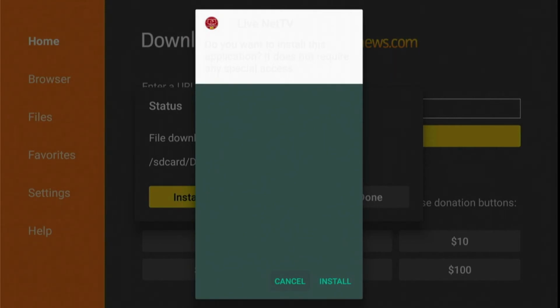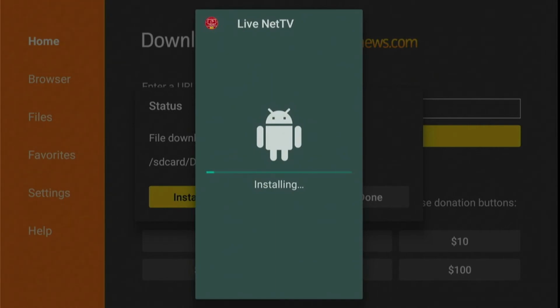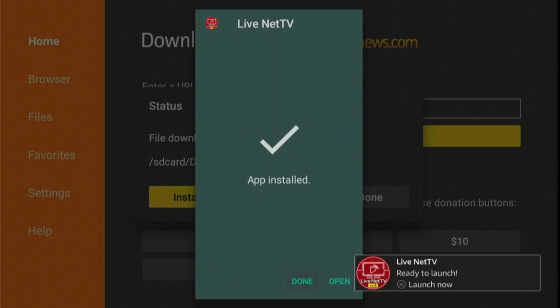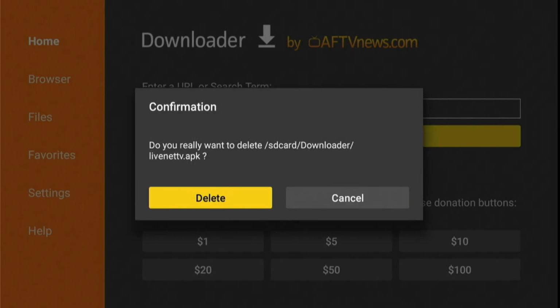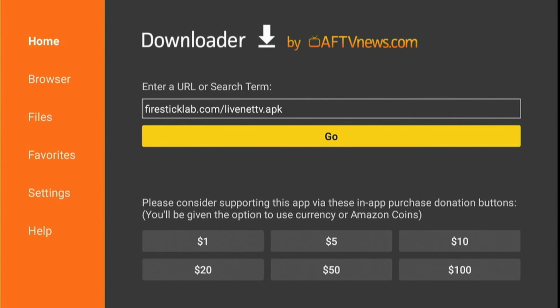After it's downloaded, the installation section appears on your screen. So here slide, hover and click on install. So here as you can see, this app has been installed. Now click on the done button and delete this file because we don't need this anymore. Just click on delete, and again after deleting the backup file, go back to the home screen by pressing the remote home button,